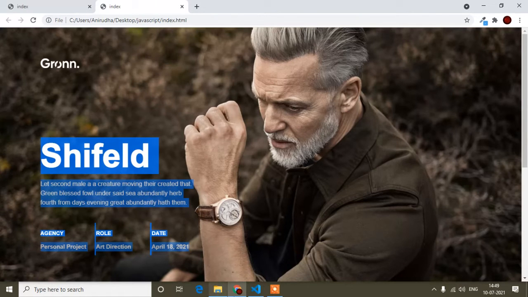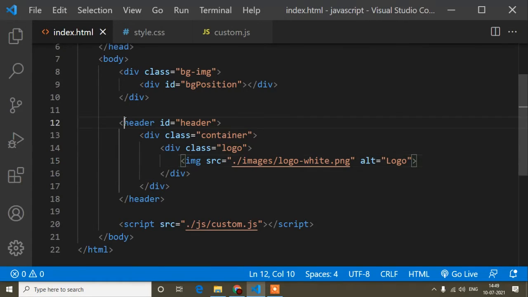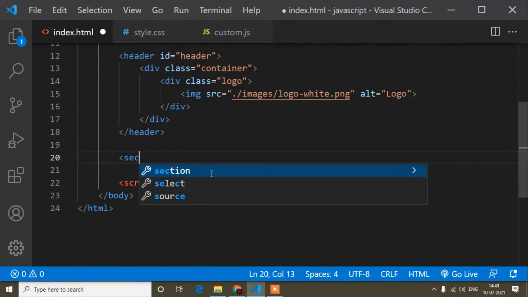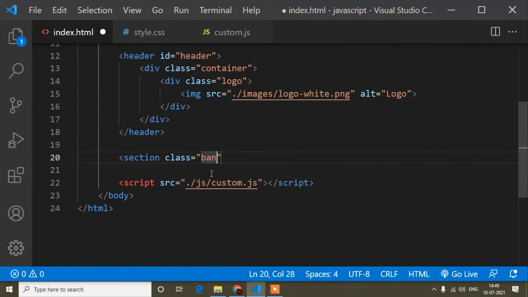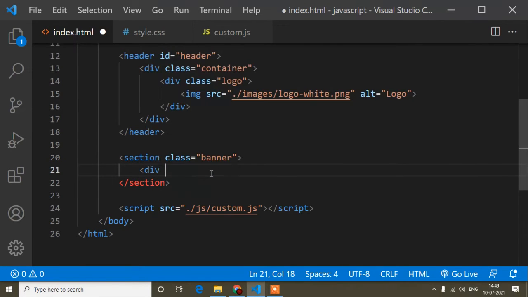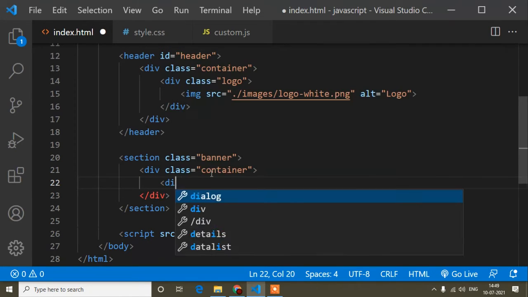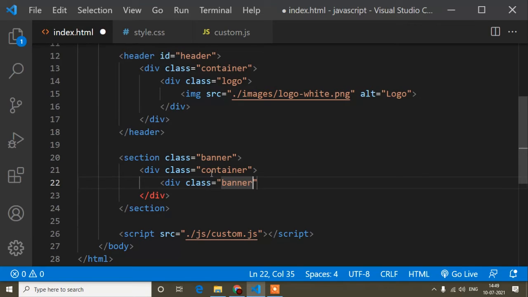Okay, so this is the banner, so below this header tag, here I will write section class banner, and here I will write container, this is a bootstrap class, and in this banner first of all I will write an h1 tag. Okay, but before that guys, I will write here banner content, so div class banner content.